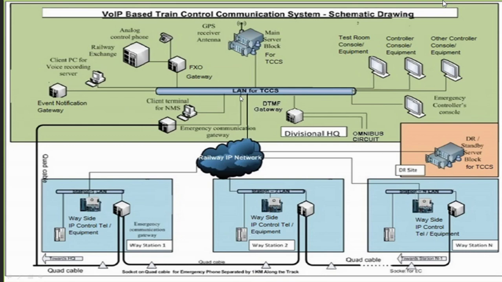But for gate communication, nowadays we are using electronic gate telephone, which works from a central battery system. So your station master phone will be connected to 12 volts supply, and your gate telephone will be connected to the 40 volt supply option of your battery charger, and you will not have any power supply arrangement at your LC gate. So through this, you can avoid power supply maintenance at your gate.